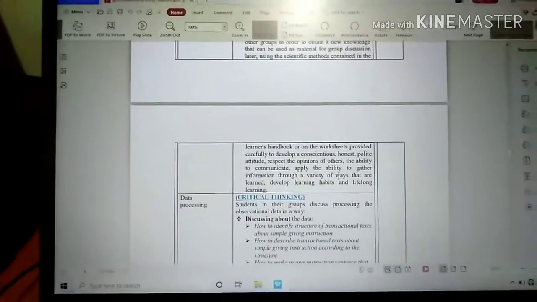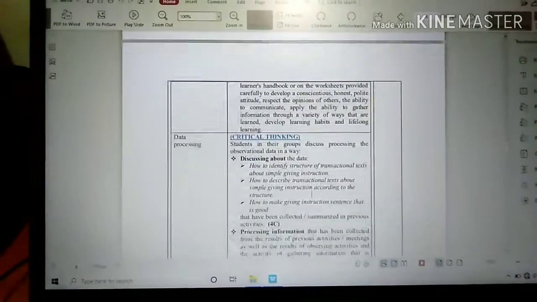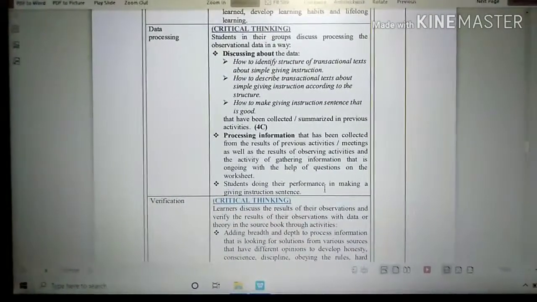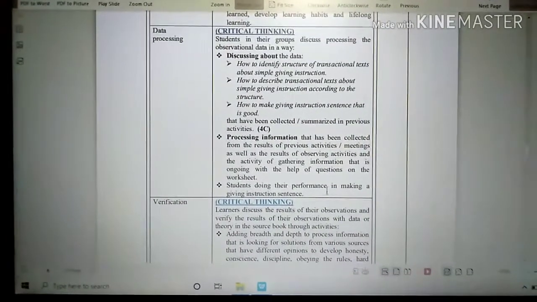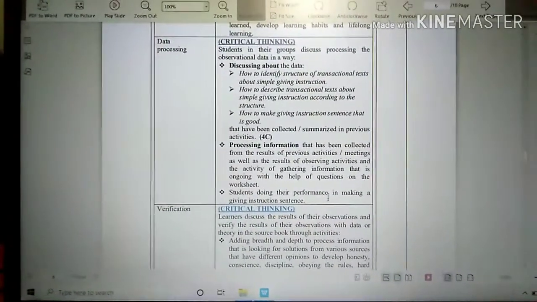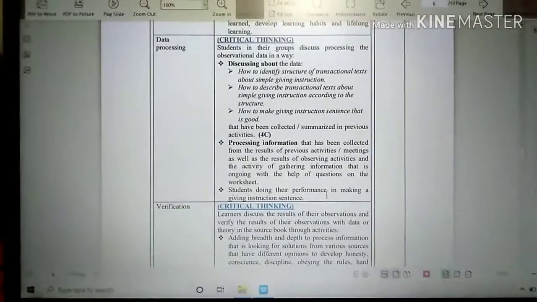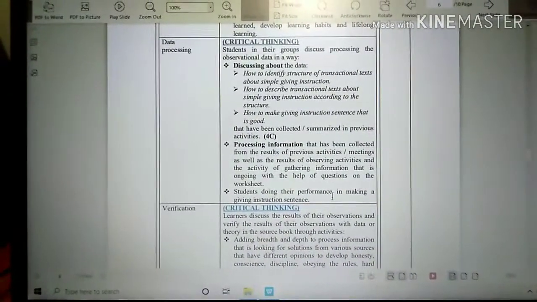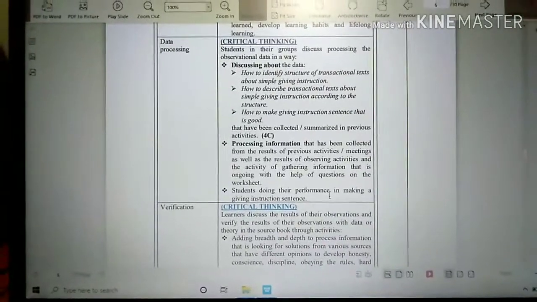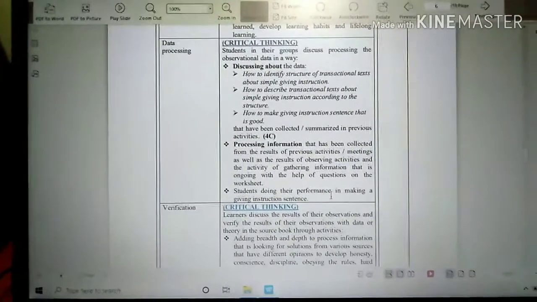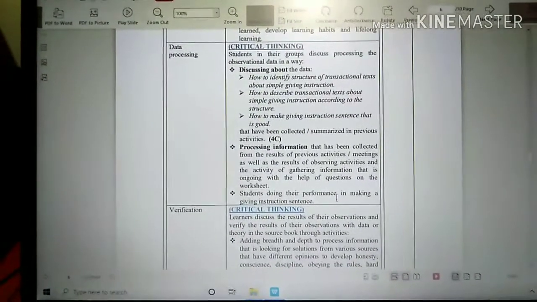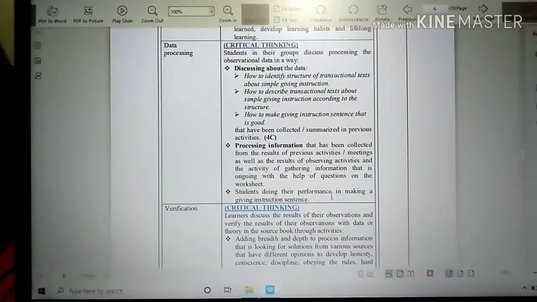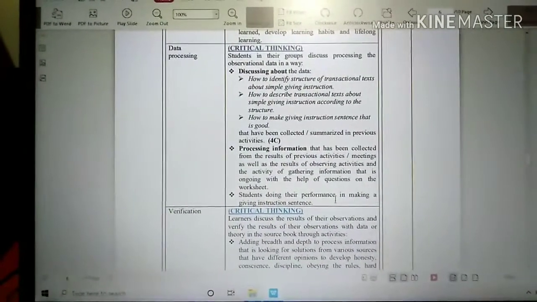Next is data processing. Critical thinking. Students in their groups discuss processing the observational data: discussing the data, how to identify the structure of transactional text about simple giving instruction, how to describe transactional text about simple giving instruction according to the instructor, how to make a good giving instruction sentence, that have been collected or summarized in previous activities.